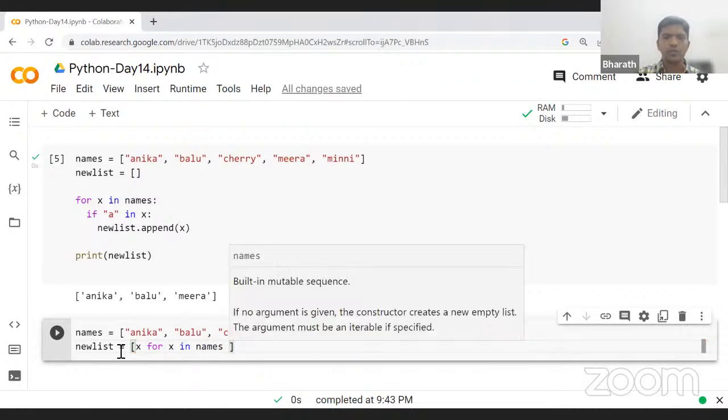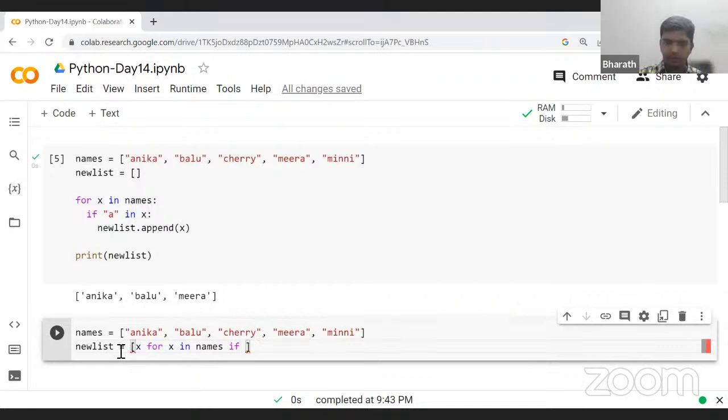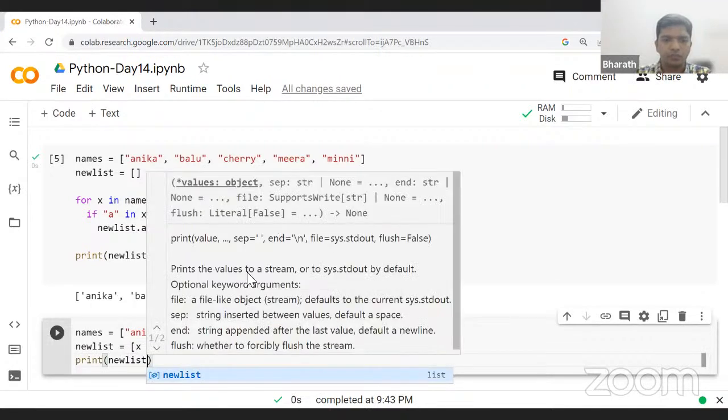And then with the conditional statement, I'll say if A in X. I say if A in X, print my new list. So this is my new variable, right? And if I execute this,